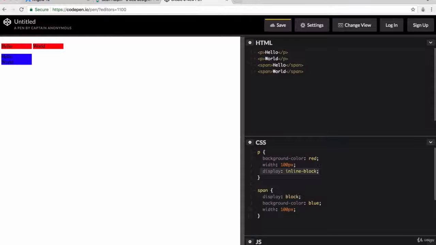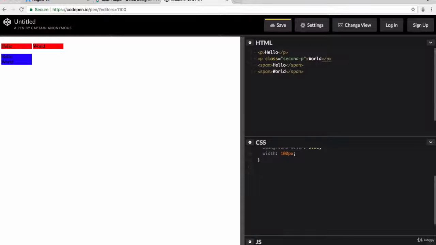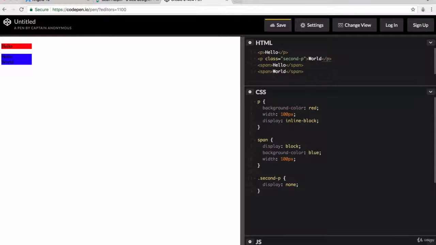So let's head back into our CodePen, and I'm going to give our second paragraph element a separate class. I'm going to call this second P, and I'm going to target it down here, .second-p, and I'm going to set its display value to none. And you can see what that does is that it simply removes that element from the website as if it didn't exist. So if I get rid of this display block and allow our spans to continue being inline elements,